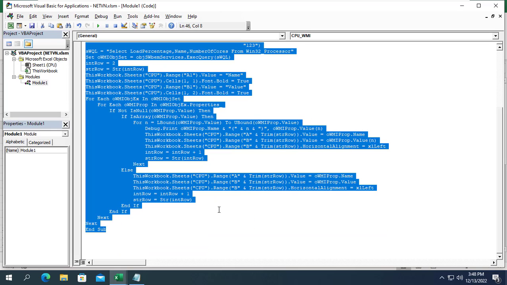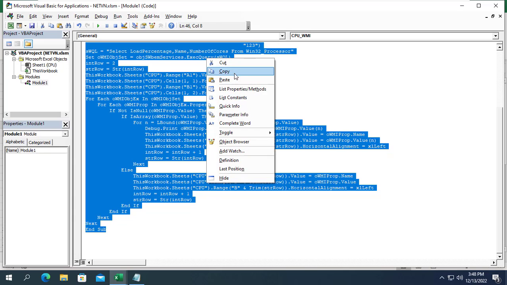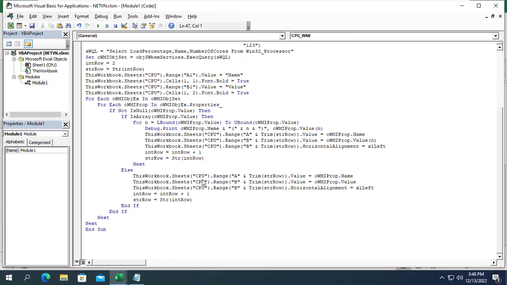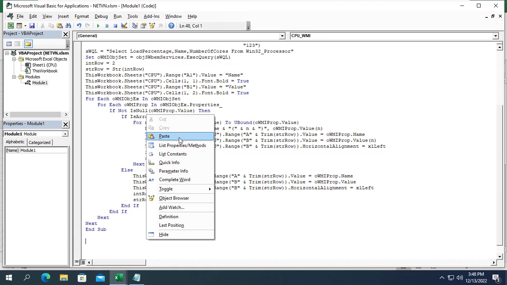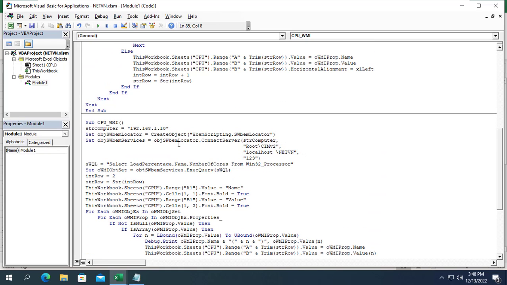Next, I will get other information of the target computer, such as internal memory. I just copy the code for the processor and paste it below in the Visual Basic window. Of course, you edit accordingly to get information about the target Windows computer's internal memory.